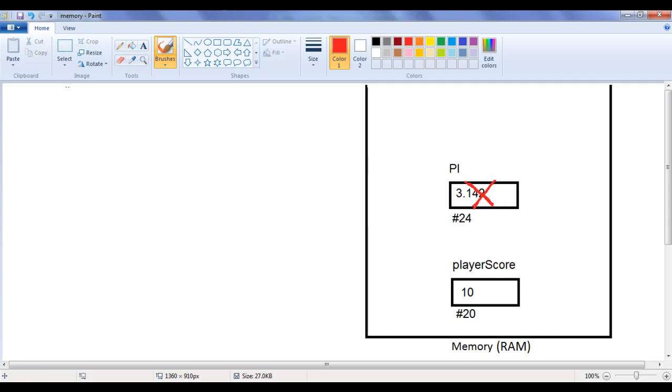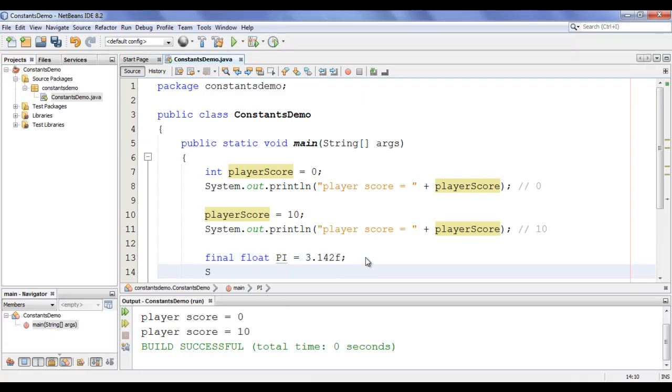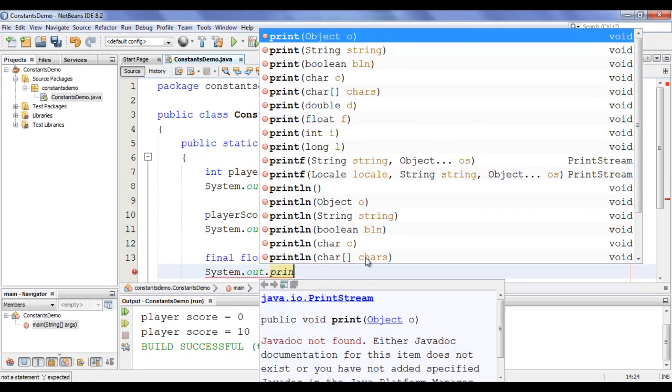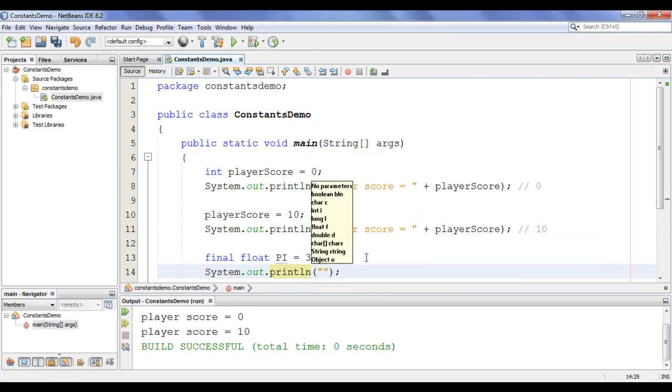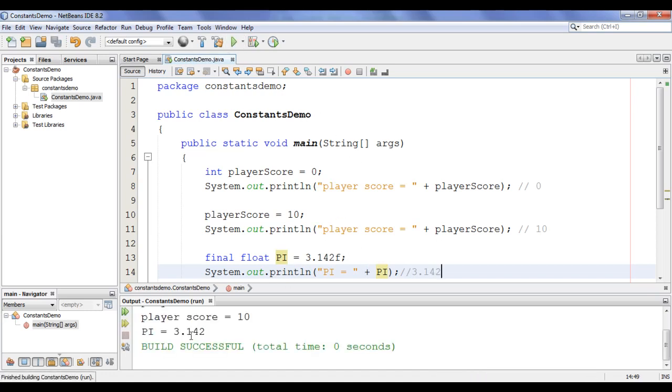Let's display the value of pi. I say here system.out.println, in double quotations I say pi equal to plus pi. Definitely we will get 3.142 displayed. If I say run project, you can see that pi equal to 3.142 displayed.